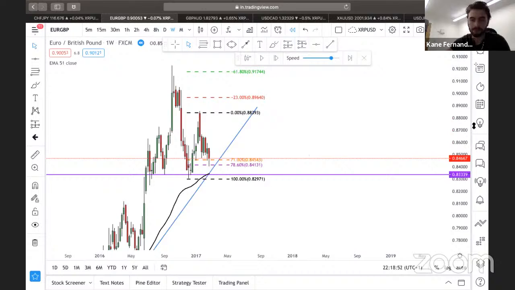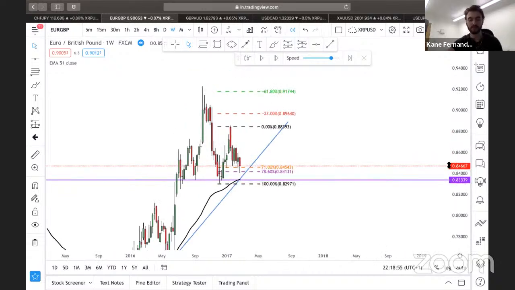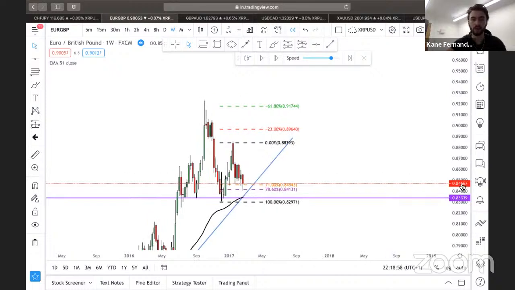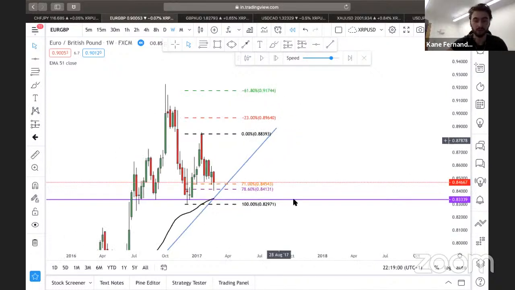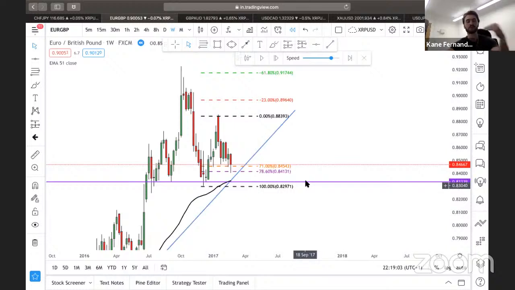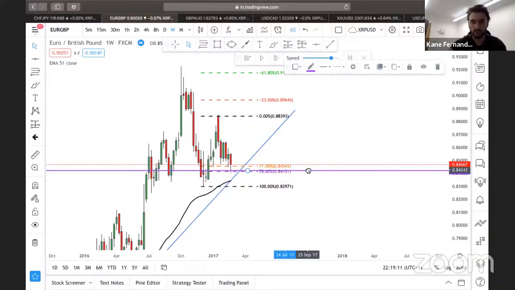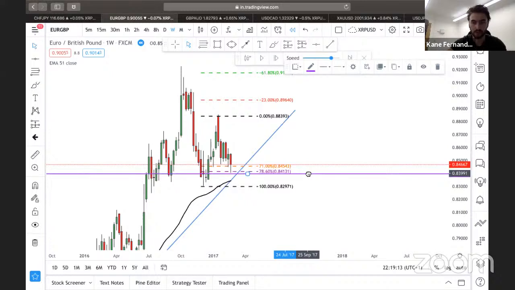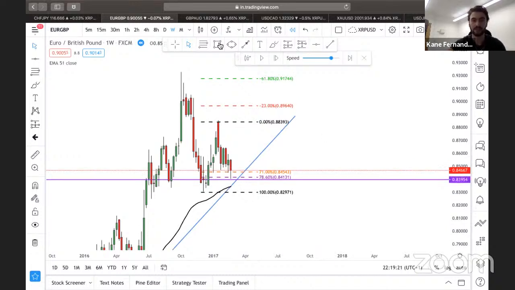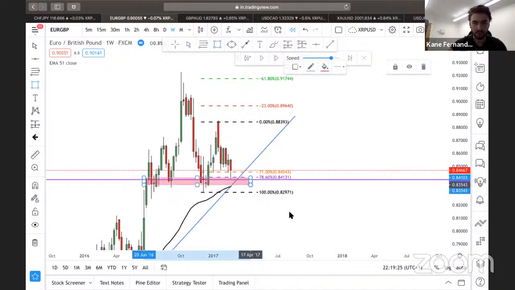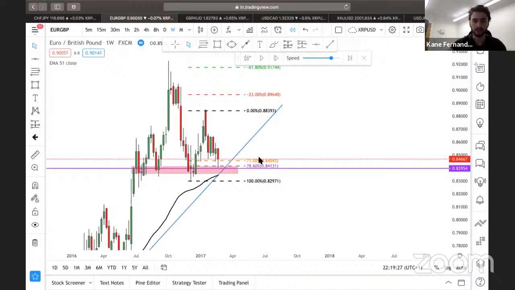This is why, for me personally, and my team, the strategy I use, I have my stops beneath 100% to allow for price to play out. You see guys having 20 pip stops, 30 pip stops, and they get stopped out all the time. I'll show you in a second. You've got the 84 psych level there, but we also have the psych level 83,500. That's also a psych level. So if I put my rectangle on and show you this zone, which I'm looking for price to come into, the long position.